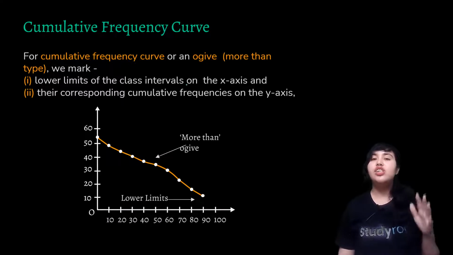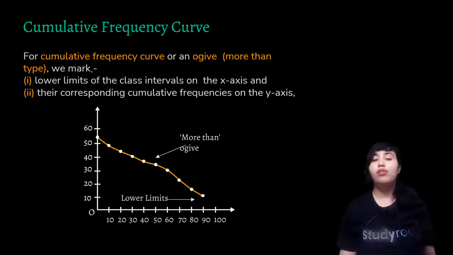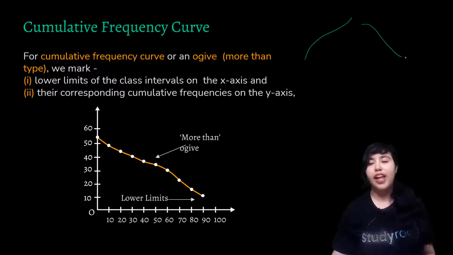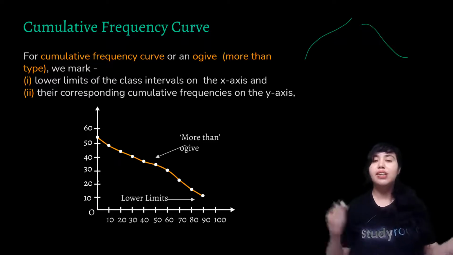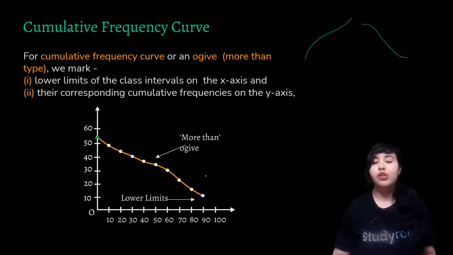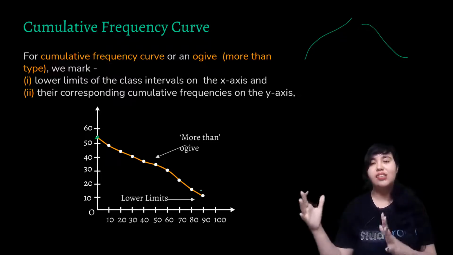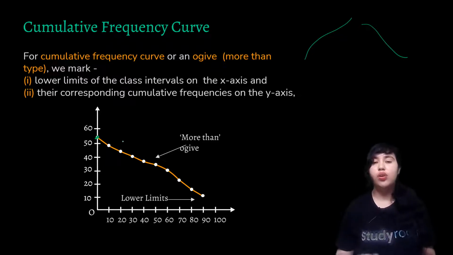So the ogive that we just saw was of less than type. And now we see an ogive of more than type. So less than type was something like this. Now more than type will look like this. Okay, so here at the initial lower limit only, we take the sum of all frequencies. So this will start from here, that's why. Okay, whereas in less than ogive, we see that we get the maximum cumulative frequency towards the last class, right? So that's the total opposite in this case.